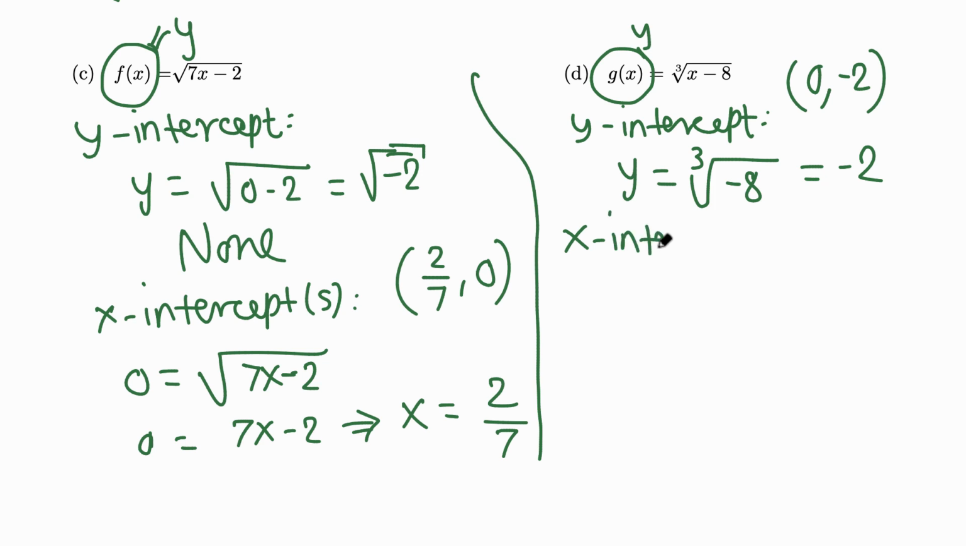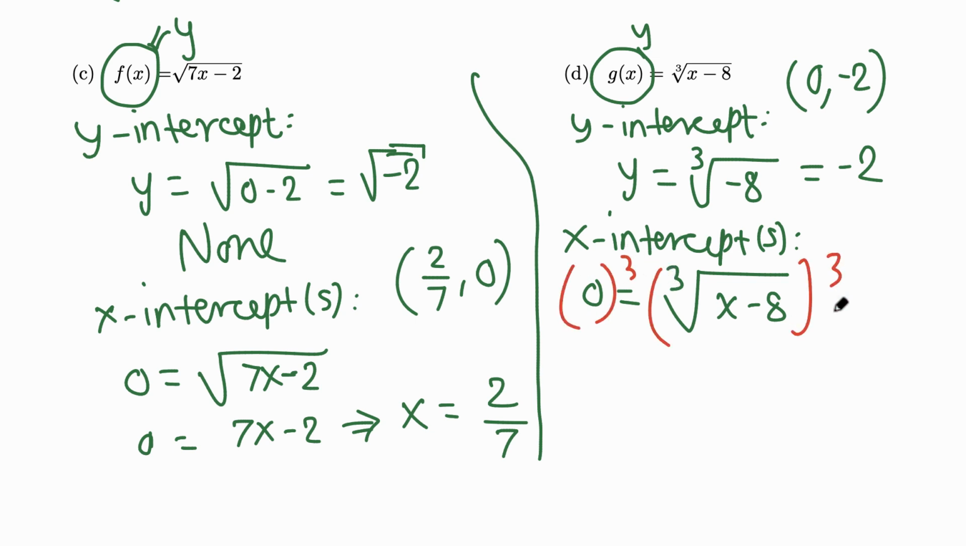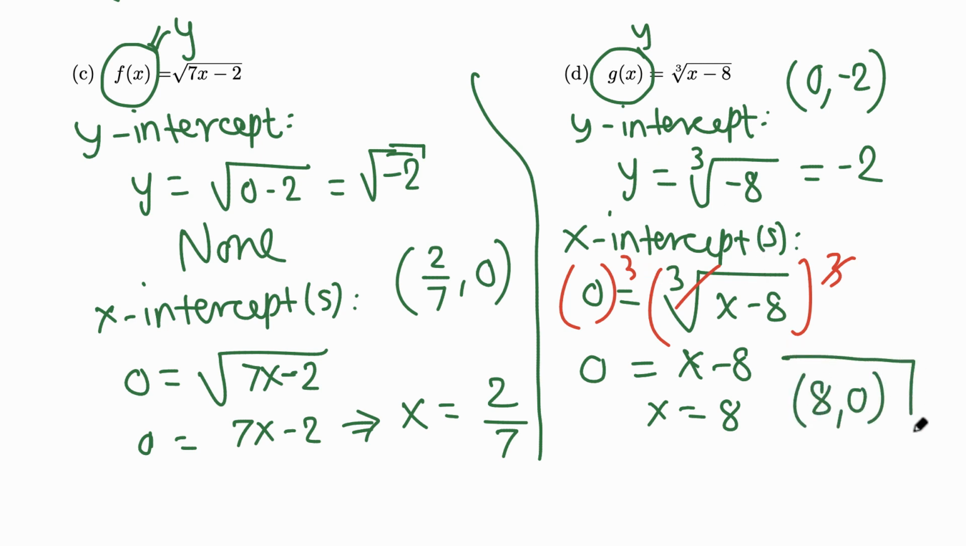and for the x-intercept, we can have more than one. We set y to 0, so the left-hand side 0 equals the cube root of x minus 8. Now cube both sides. Cube on the left side, cube on the right side, so cube and cube root cancel. So 0 cubed is just 0 equals x minus 8. Now add 8 to both sides, so 8 equals x, or x equals 8. That means the x-intercept is (8, 0). Okay, final